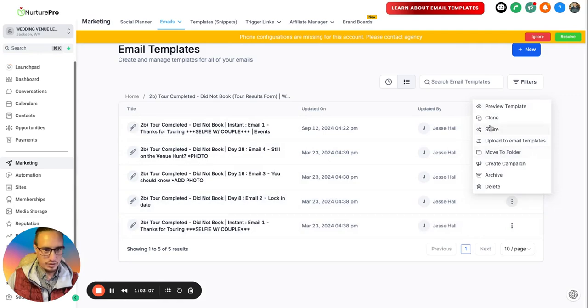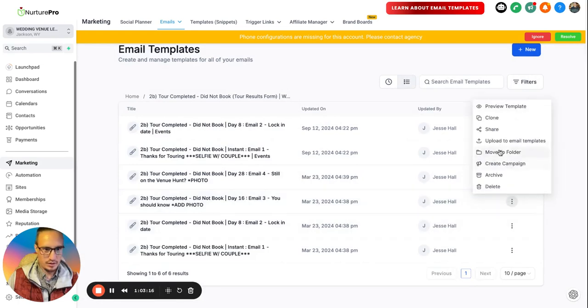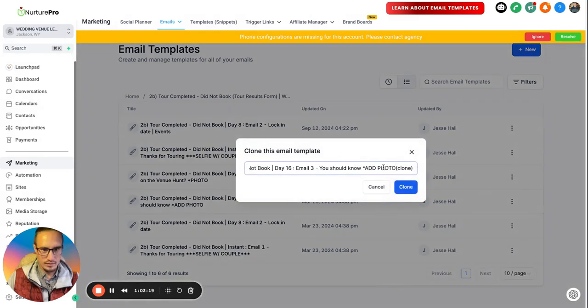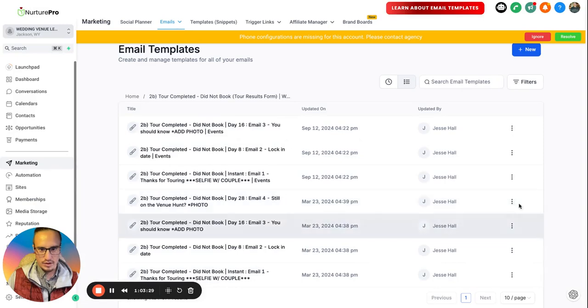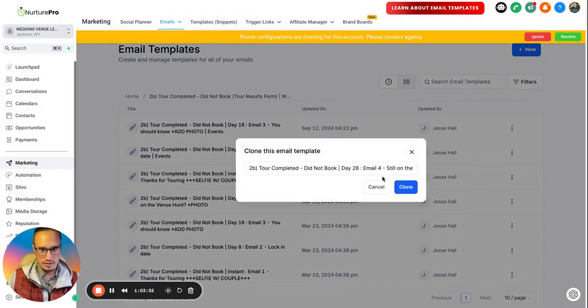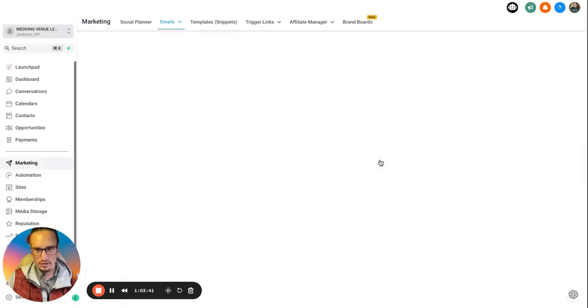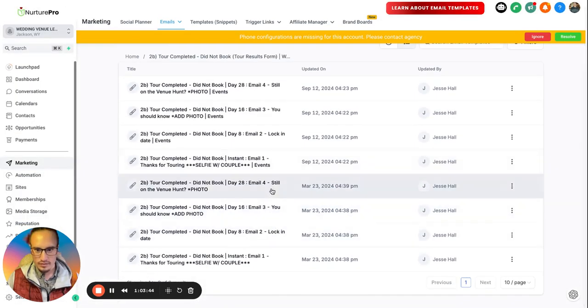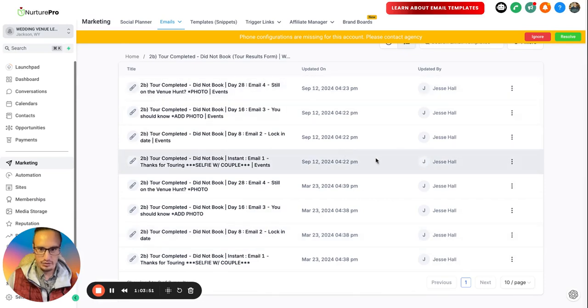Email 1, email 2, email 3, email 4. So we now have email 1 through 4 for the events, and then we'll just move them all to the